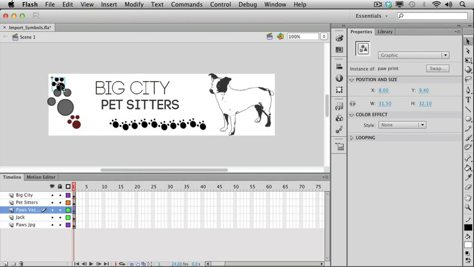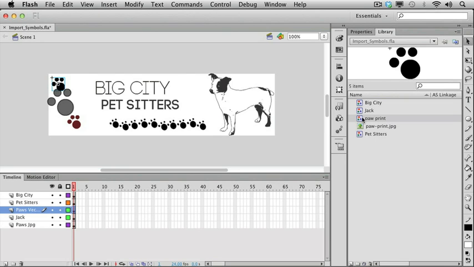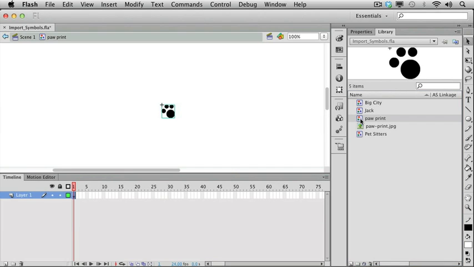So now we have the file stored once as the original. If we go back to the library, we'll see the paw print here, and these guys are actually instances. The original file size should stay the same because it's only stored one time. What happens if we need to change the symbol? Well, let's do that. Let's go over in the library and double-click paw print, and now we're going to go